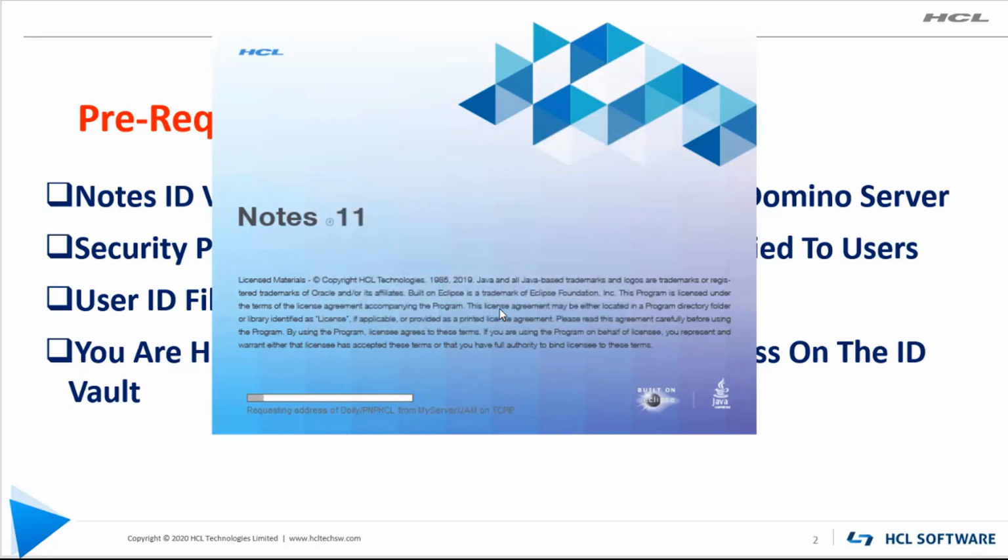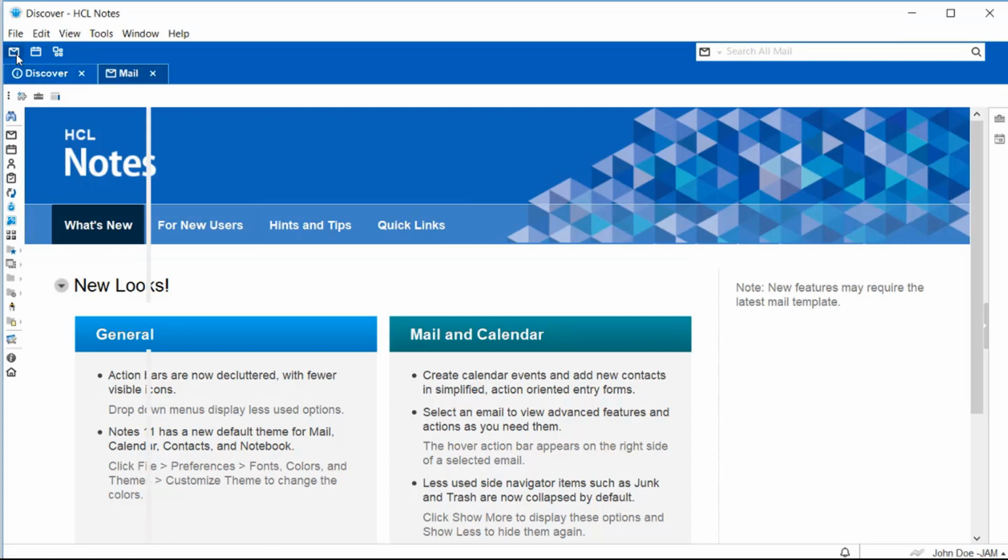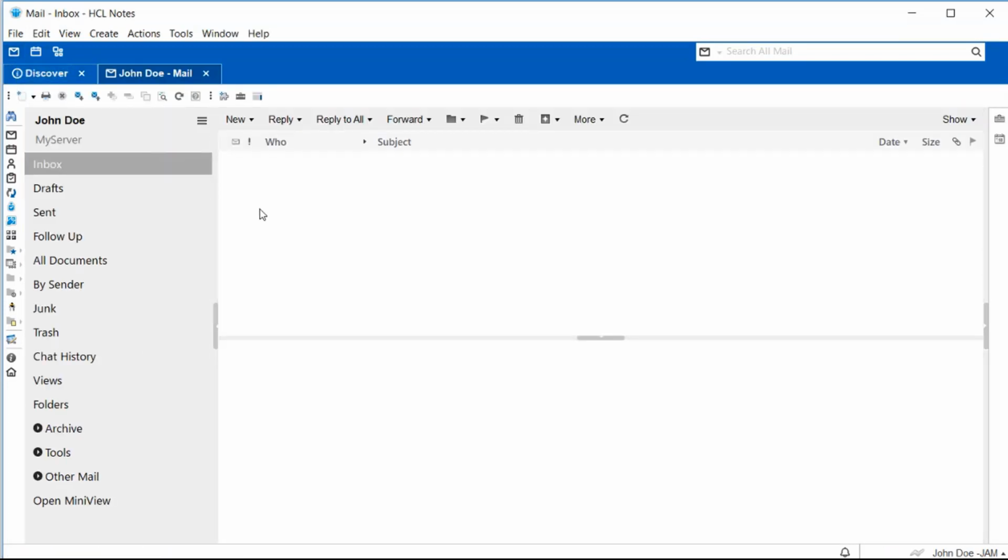So it is allowed to log the user in to the Notes client. You can see the John Doe user is able to access the Notes client and he can access his mail file.